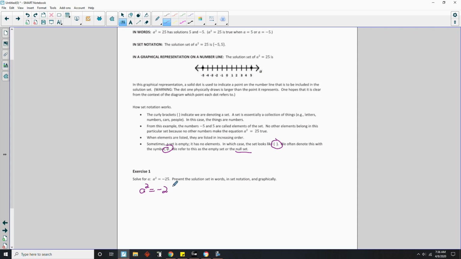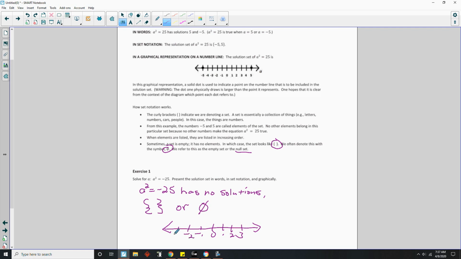a squared equals negative 25 has no solutions. A squared value can never equal a negative. There is nothing I can substitute in for a and get a negative number. In set notation, it would be this bracket or the empty set. In graphical representation, it would just simply be this number line, 0, 1, 2, 3, -1,